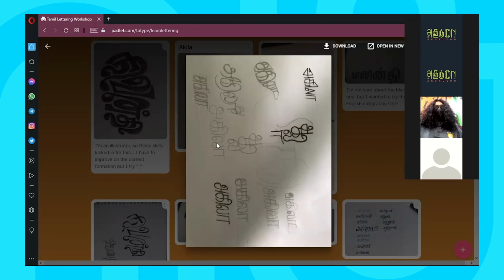So yeah, again, I started with the guide you gave us, the three-line baseline, x-height, and middle line. Then I tried to make it like when you are illustrating fonts, how you cover up all the negative spaces in the fonts, with the word inside the word. So that's what I